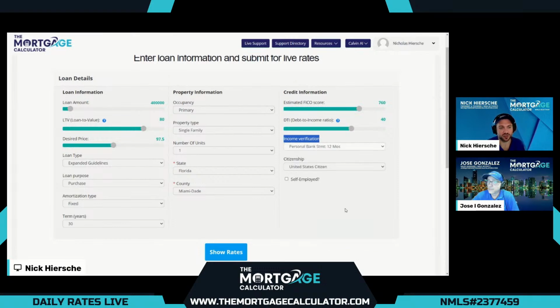For the demo, we always use the most popular program here, the 12-month bank statement, and that's for our self-employed borrowers. Many times it's our self-employed borrowers who, when they submit 2 years of tax returns, may have various write-offs and not qualify at all, or just may need a little bit of extra income. Either way, we solve the problem with no tax returns at all, just their last 12 bank statements to determine a debt-to-income ratio of 40% in our example here, using just their cash in the bank. So many times our customers that are self-employed will qualify for much more income using this method.